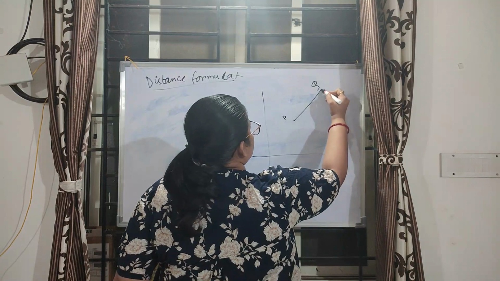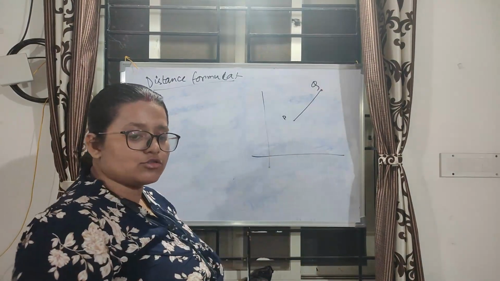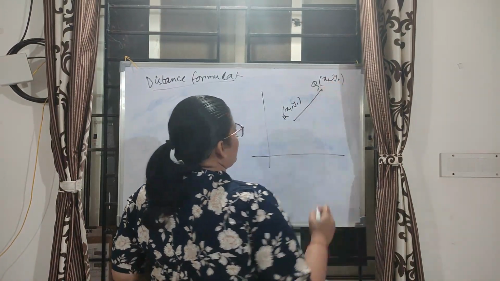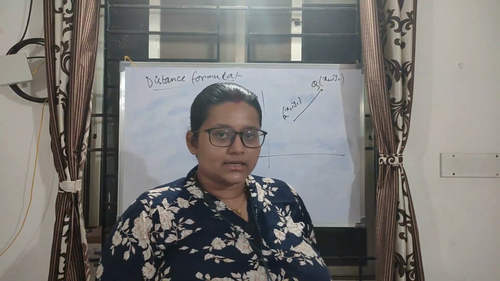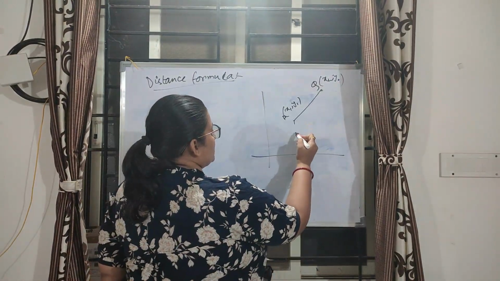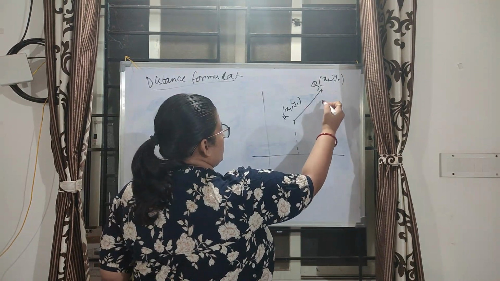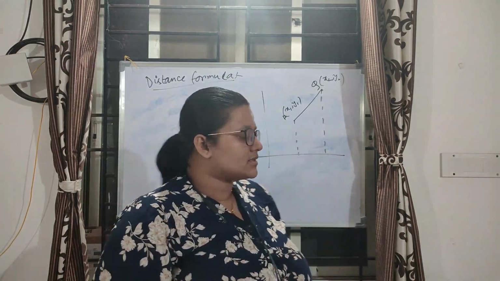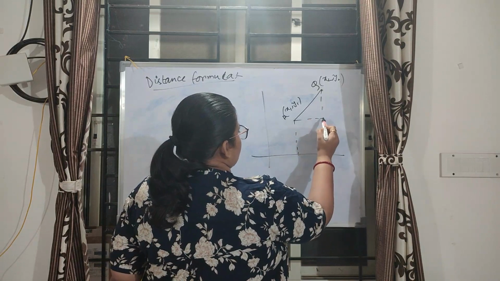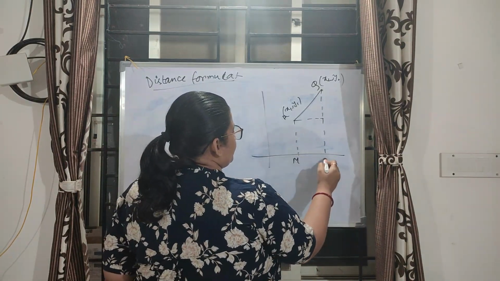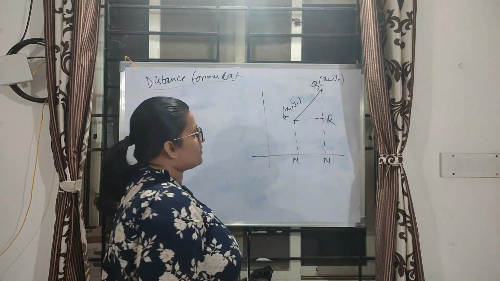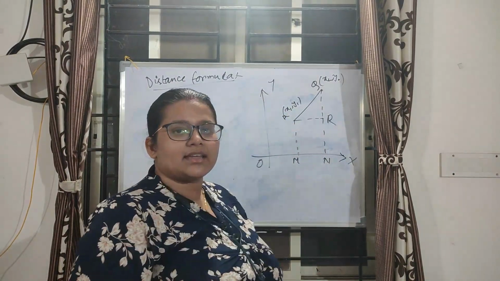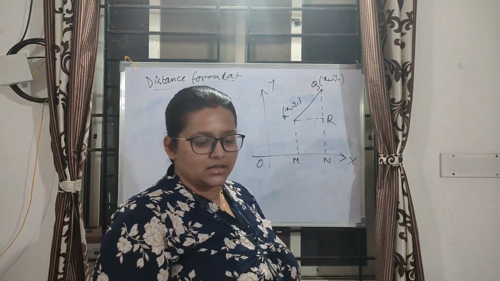Here I am giving 2 points, P and Q. I am joining those 2 points because we need to find the distance. P is (x1, y1) and Q is (x2, y2). So we need to find the distance. Basically I am drawing perpendiculars from here and here also. These are the perpendicular lines and I am joining them. I am not writing the axes again and again, the same XOX' and YOY'.